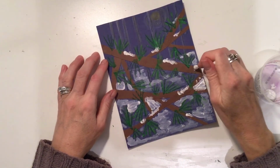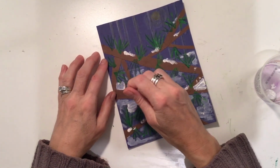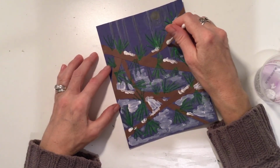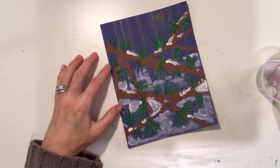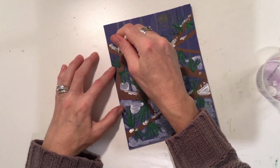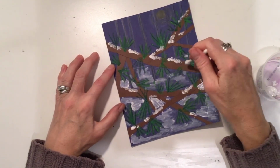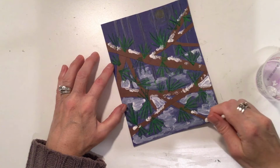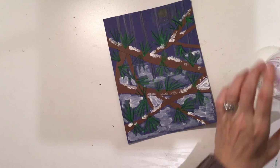And then the last fun thing you can do, if your parents will let you, is use a paintbrush or an old toothbrush that you don't use anymore. Sometimes you have some old spare ones that your mom might use for cleaning or something like that. You could ask your parents if you could possibly borrow that. And then what I'm going to show you is, this is kind of cool,